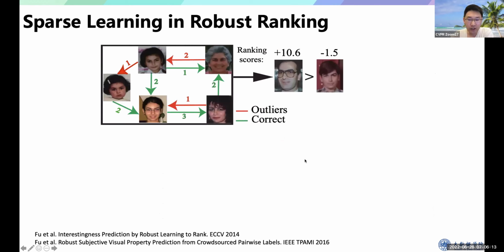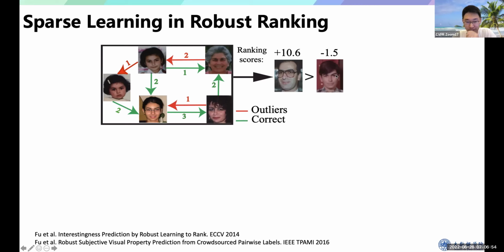Here, I'm using one toy example to show how we construct the learning sparsity for robust ranking. For the left figure, we do the age estimation. We collect some cross-sourcing paths, which are indicated by the directed edges. The red edge means outlier voting, and the number here means how many people did the voting. So the model will learn on the left subfigure and give the prediction of the age on the right